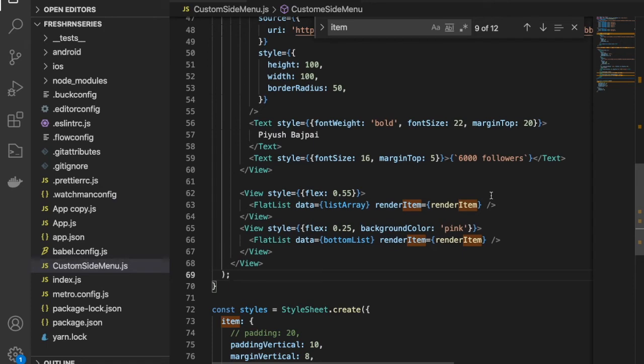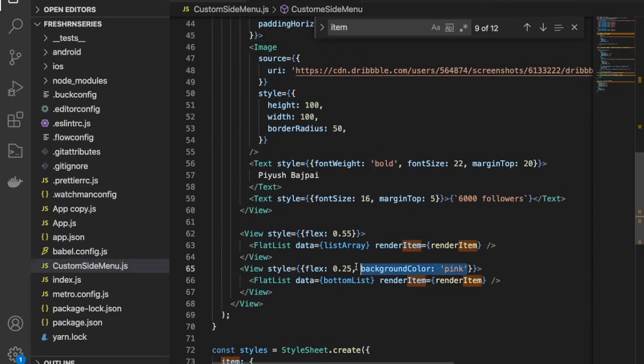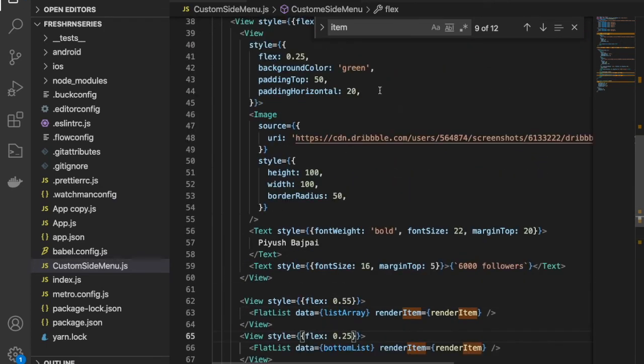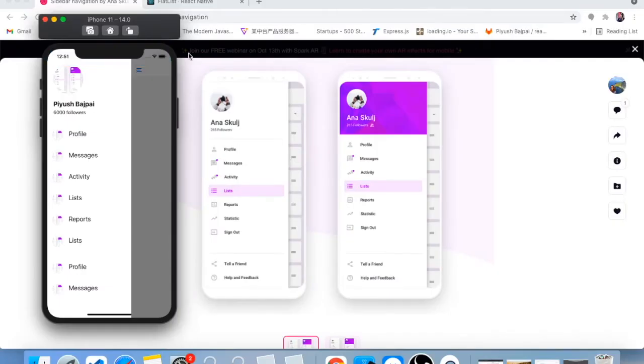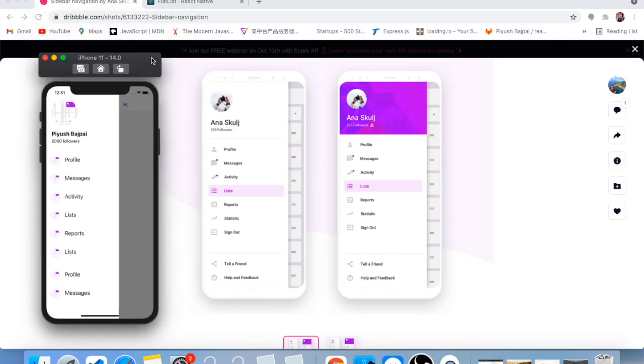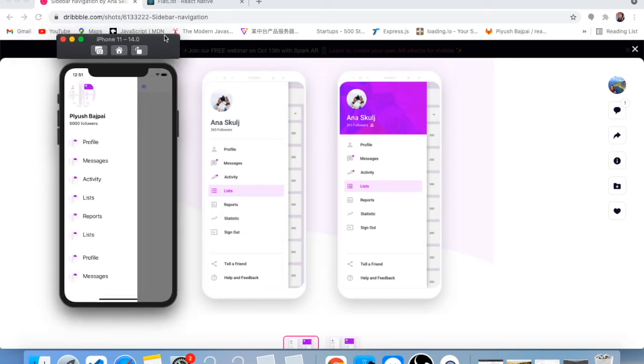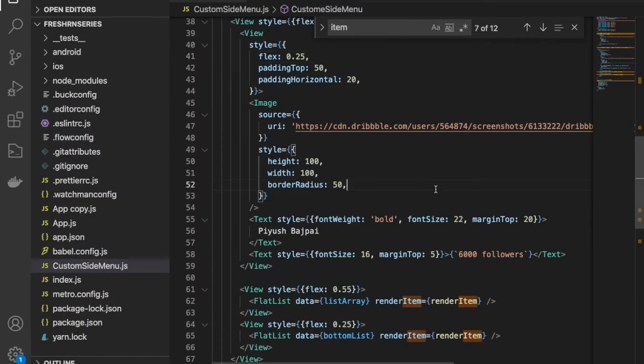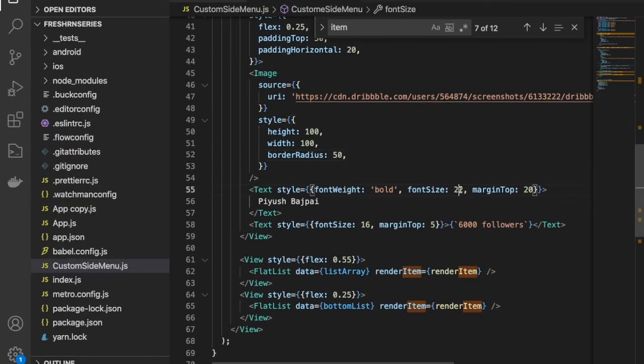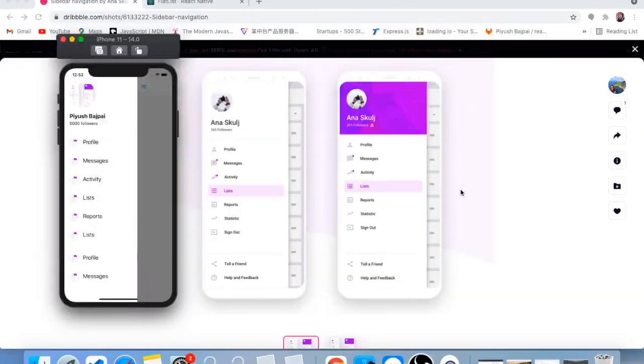And what I can do, I will remove this pink color, okay, this green color. Fantastic. Let me do one thing. I will reduce some size of this text, and will increase some size of this text. So I'll increase this size, let's say 28.